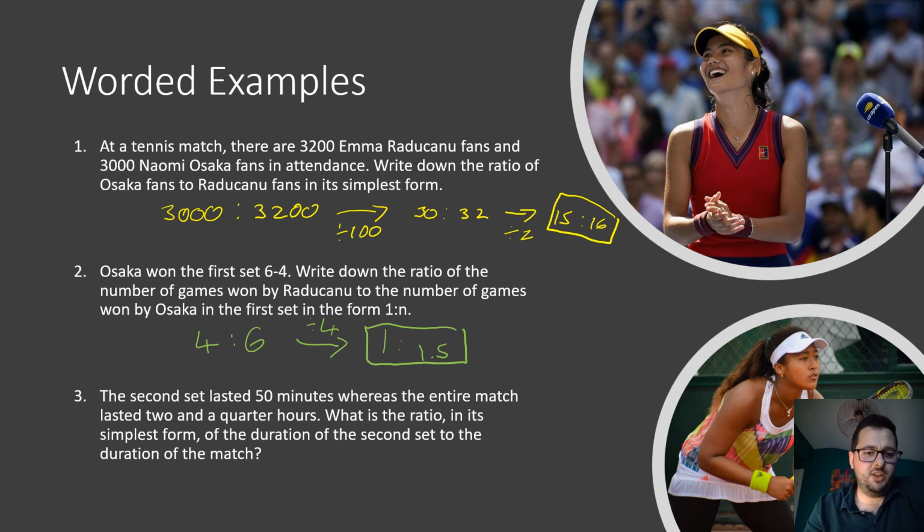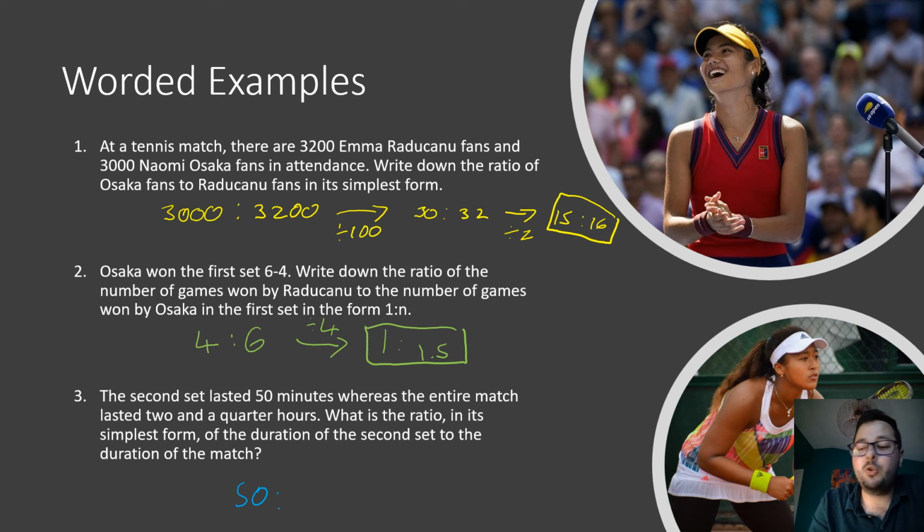Great. Number 3, the second set lasted 50 minutes, whereas the entire match lasted 2¼ hours. What is the ratio in its simplest form of the duration of the second set to the duration of the match? Okay, well the second set was 50. Let me use a different colour because I'm trying to mix things up. Let's use a blue. So we're going from 50